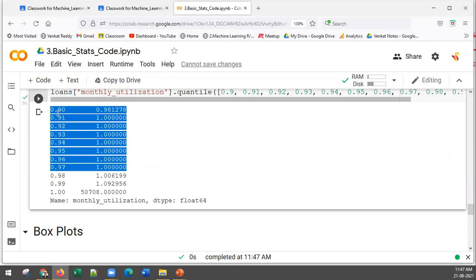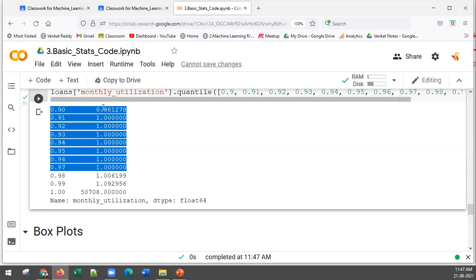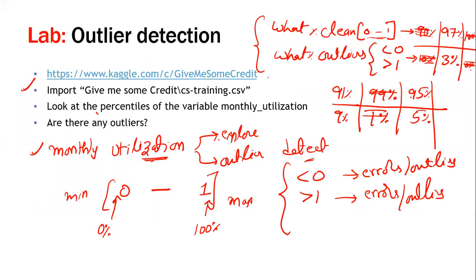That means maximum utilization, 100% utilization. But if 1 lakh is the credit limit, we cannot swipe for 1 lakh 6,000. If 1 lakh is the credit limit, we cannot swipe for 1 lakh 9,000. So 97% of the data is clean. So 99.1%, you also need to consider this one. These are right values. These are not really considered erroneous or outliers. These are also fine. 95.5, I don't know what is the logic, but definitely this is not the right answer.